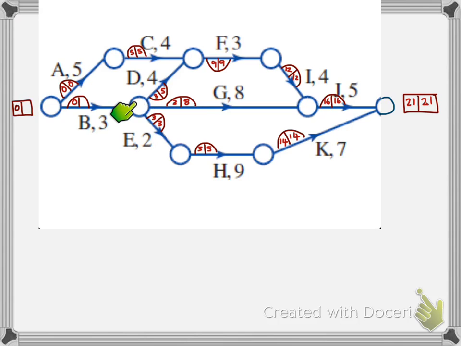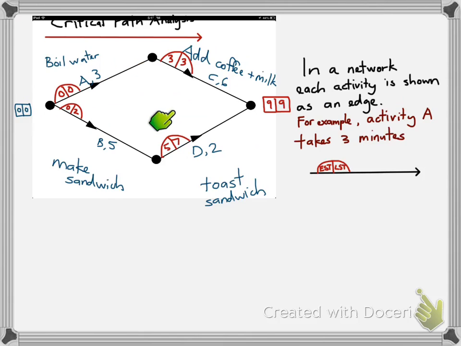So 5, back 3 would be 2. 8, back 3 would be 5. And 3, go back 3 would be 0. So 0 it is. Okay, now I mentioned before that some of these activities have a different earlier start time and later start time, and this was one of them. I think that was meant to be a 3 there. So that 3 there and that 8 means that activity G,